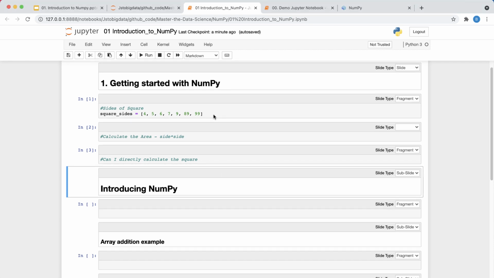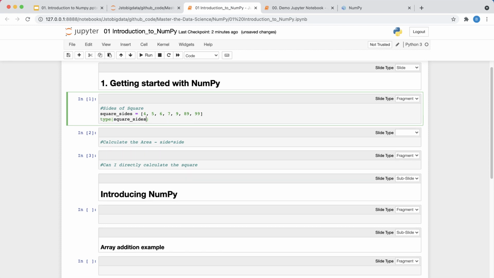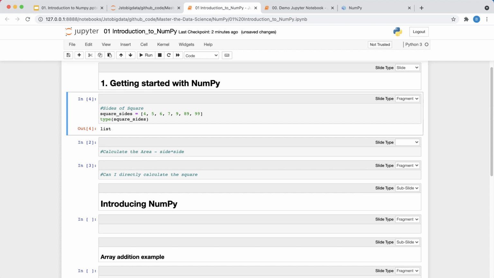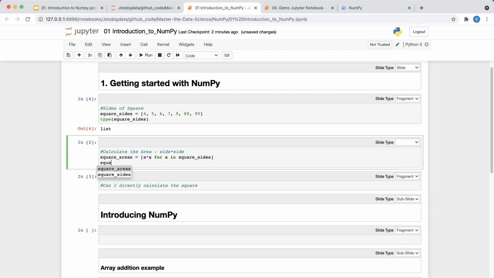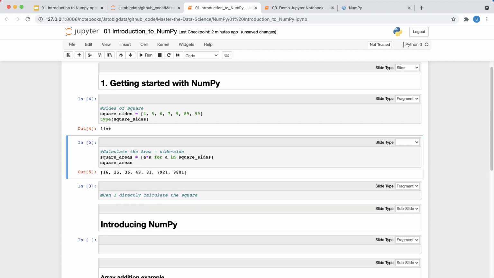So let's say you have a list which has the sides of different squares. Obviously this is of the type list, and if I want to calculate the area of a square, then all I have to do is use something like a list comprehension, right? a into a for a in square sides, and if I just print square areas, this will give me the area.